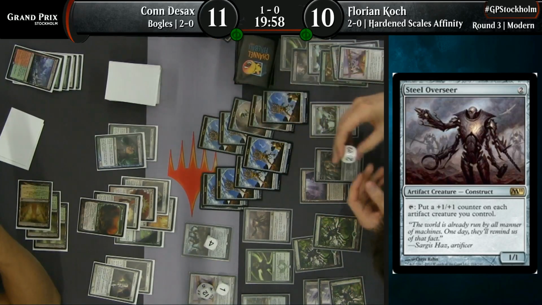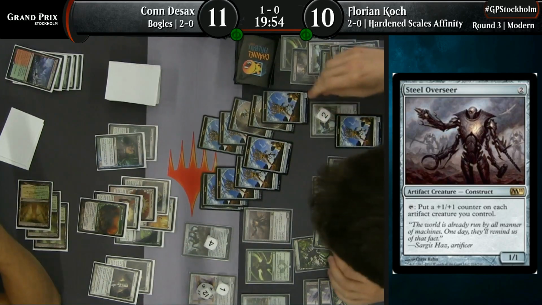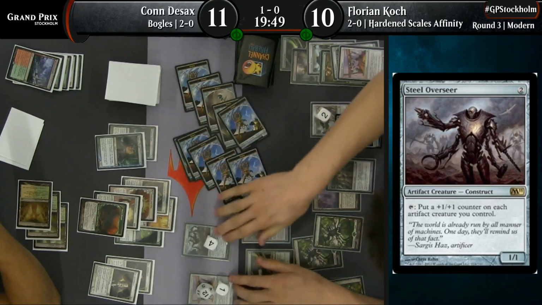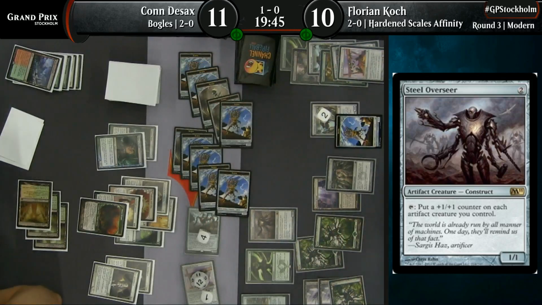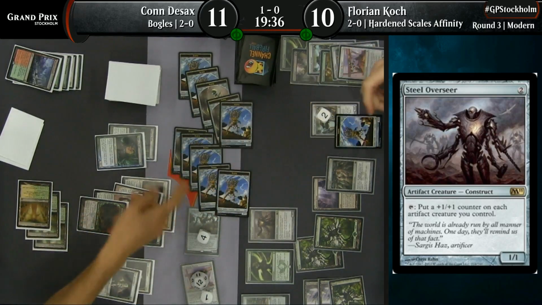Yeah. Force the issue here, because now all of a sudden Koch can consolidate his entire board into more or less a single creature here. He's got a way to get rid of that. Oh no! Okay, just... No, he's slamming fine. Jamming. Steel Overseer means that everything can get 2 +1/+1 counters here, and even if Desax blocks with his billion Dryad Arbor...